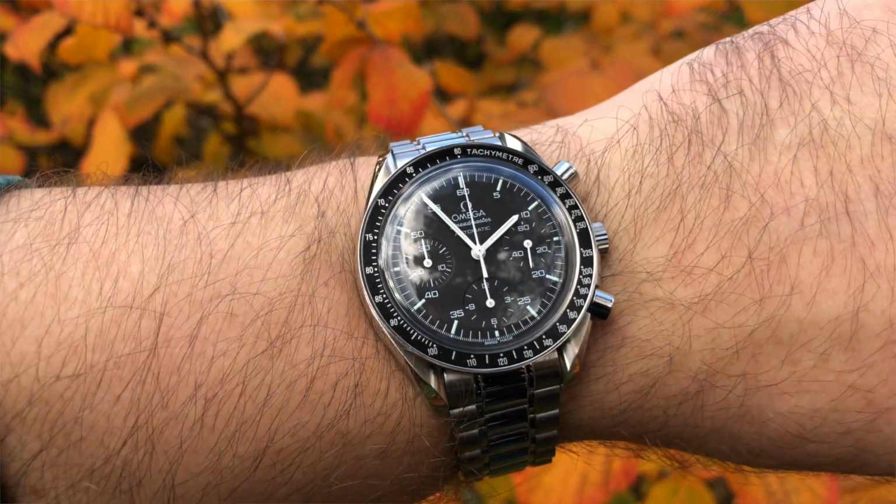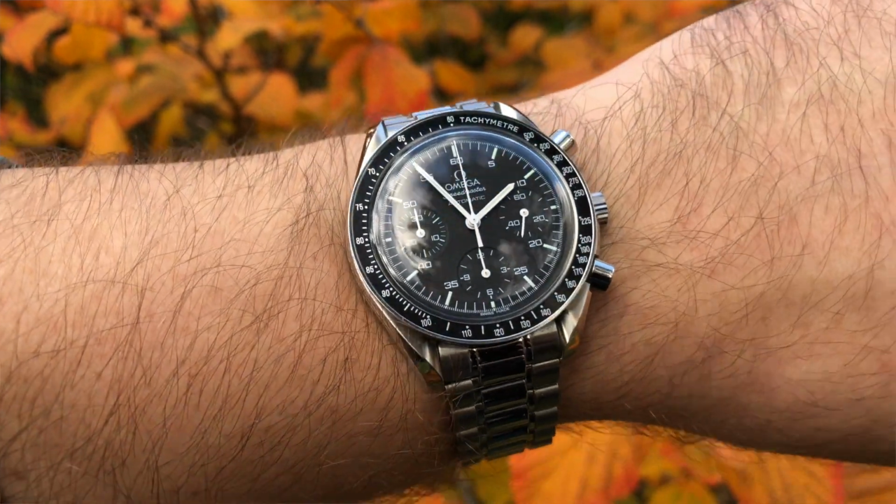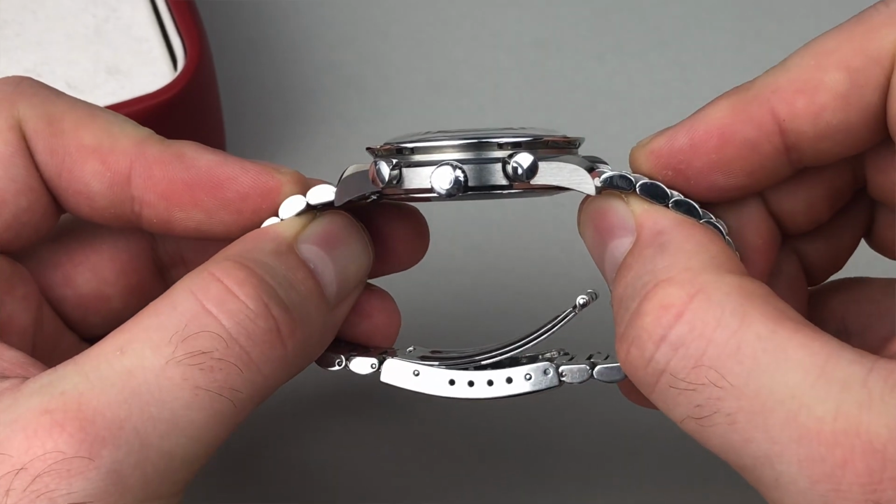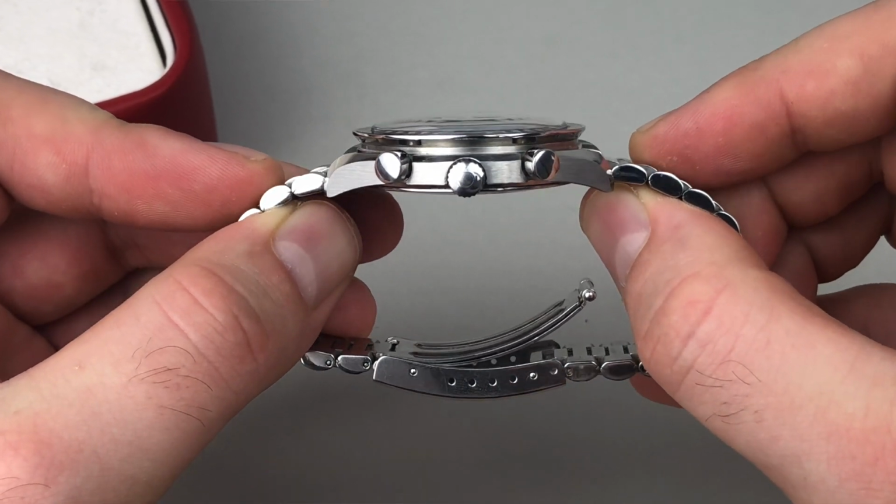Instead of the rather large size of the Professional, which is 42 or 41 millimeter, I think it's 42 millimeters. This one is around 38, 39 millimeters, which in my opinion is the perfect size for my wrist. Of course, this always depends heavily on the lugs. There's lugs that are really straight. On this watch, the lugs are really curved nicely, which gives it a very nice profile when looking at it